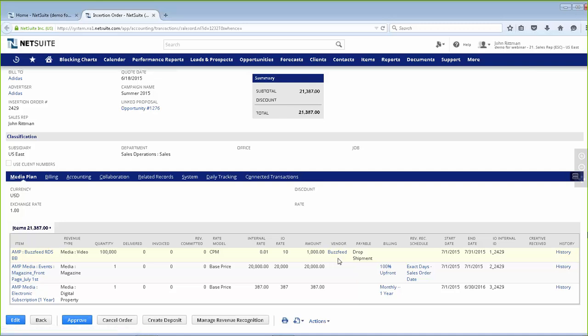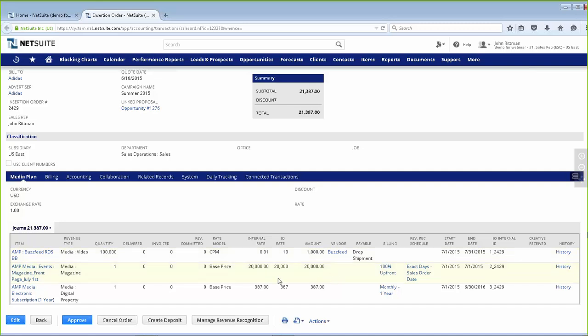So when we get to the finance side, this is now going to automatically set up a vendor bill for your content provider, such as BuzzFeed, so that you can automatically start putting together how much is owed to this person based on the contract you've already associated with what you're going to be paying them out. So, really quick, you don't have to double key this kind of information in. It's all connected, and you'll see once we get to the approval process on the finance side, the automation on that process.